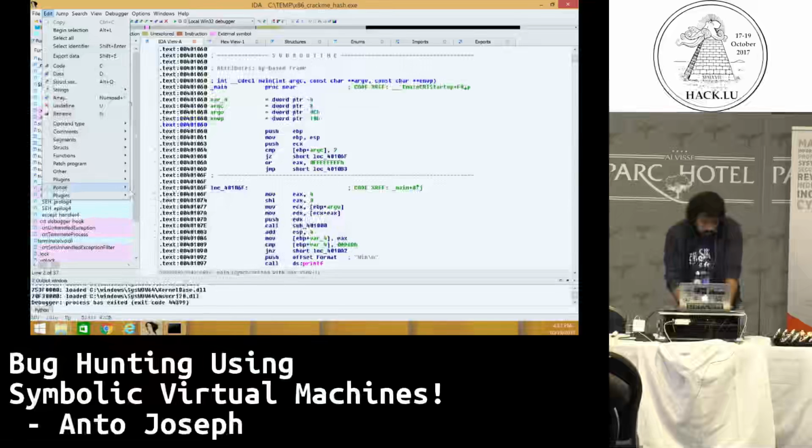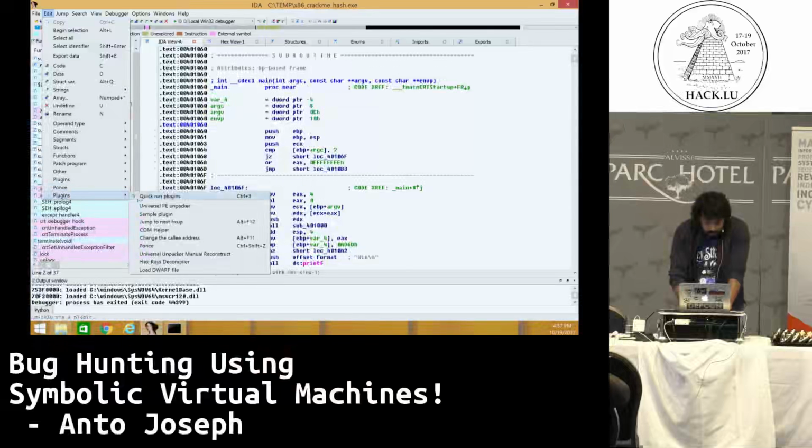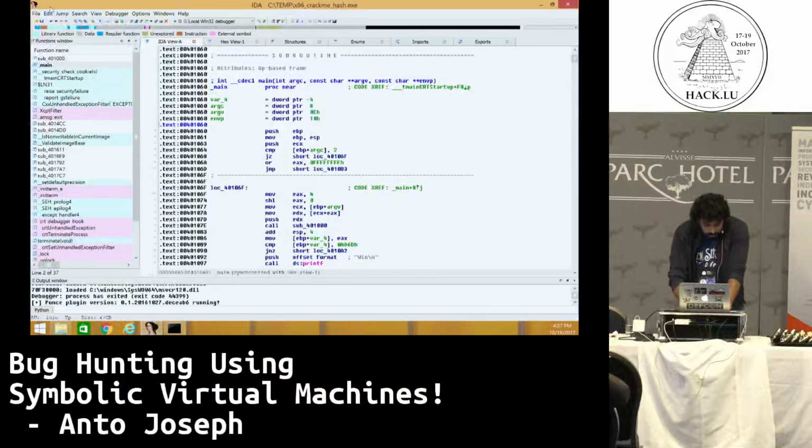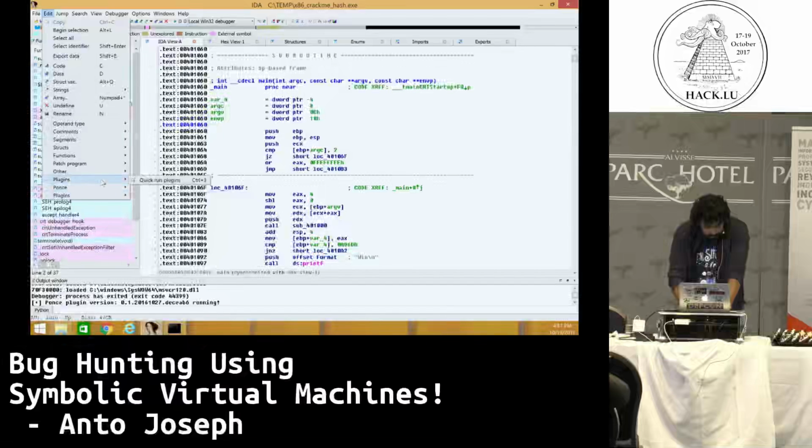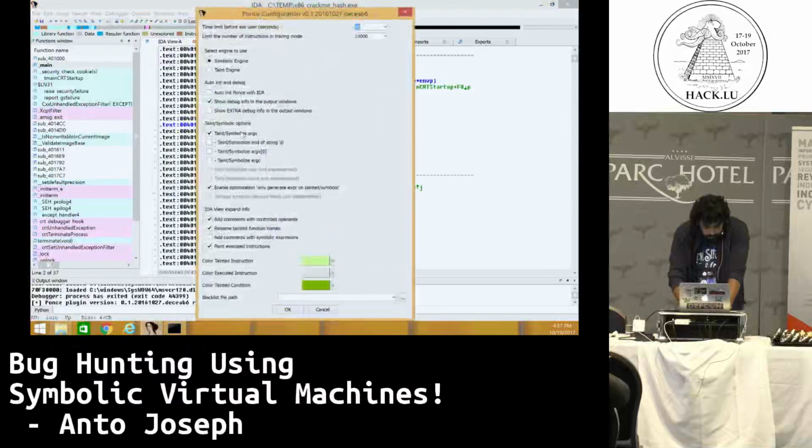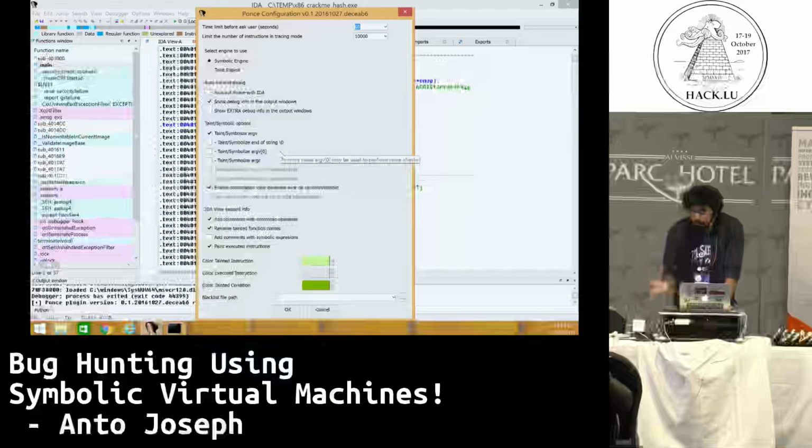So the plugin that I'm talking about is called Pounce. It won the IDA plugin contest last year, I think. So it's a really cool plugin. And I loaded it. And I need to show, this is the config menu of Pounce. So you basically select the symbolic engine, and I just want to track the argv, which is basically what you give as the argument to a binary.